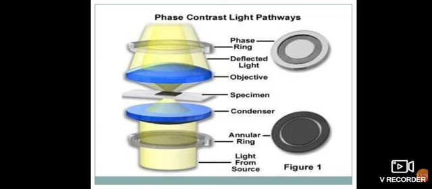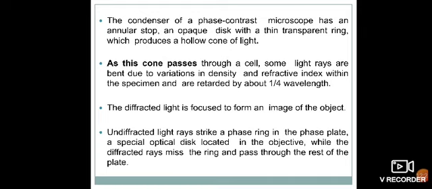Okay, so the specimen will now reflect all types of light, different types of light. The objective, and we have different types of objective, can focus all that light, but now we have the phase ring. That phase ring only concentrates the contrast light, and that contrast light focuses the object. So in this situation we can easily observe the phase contrast light pathway.